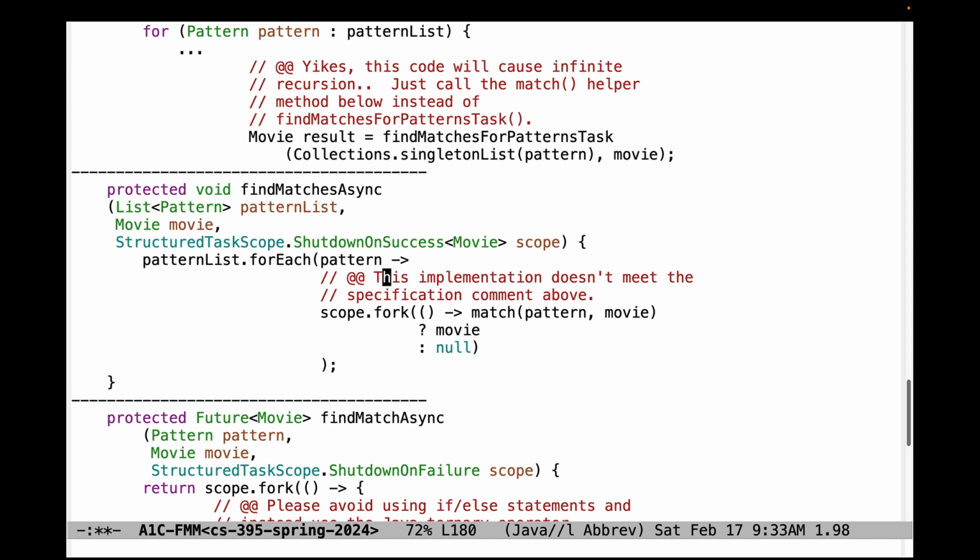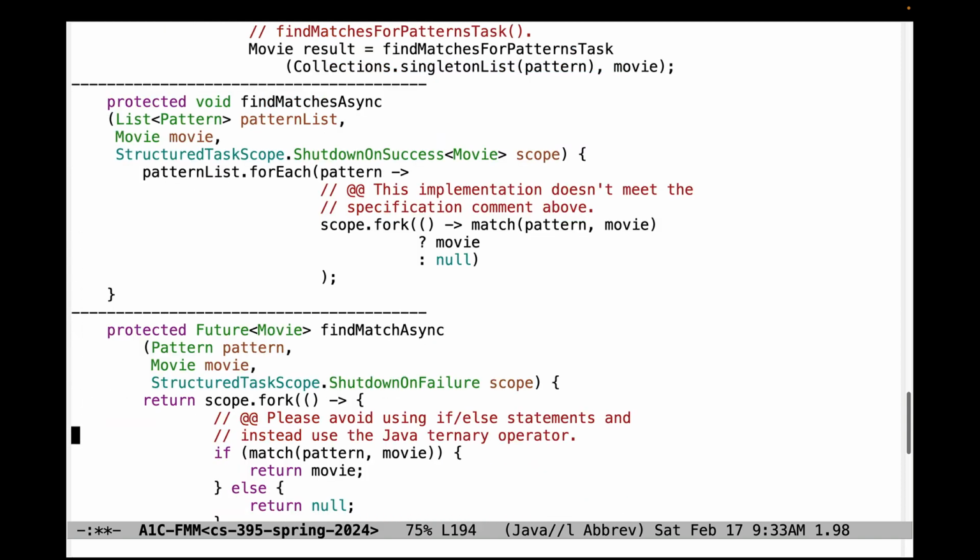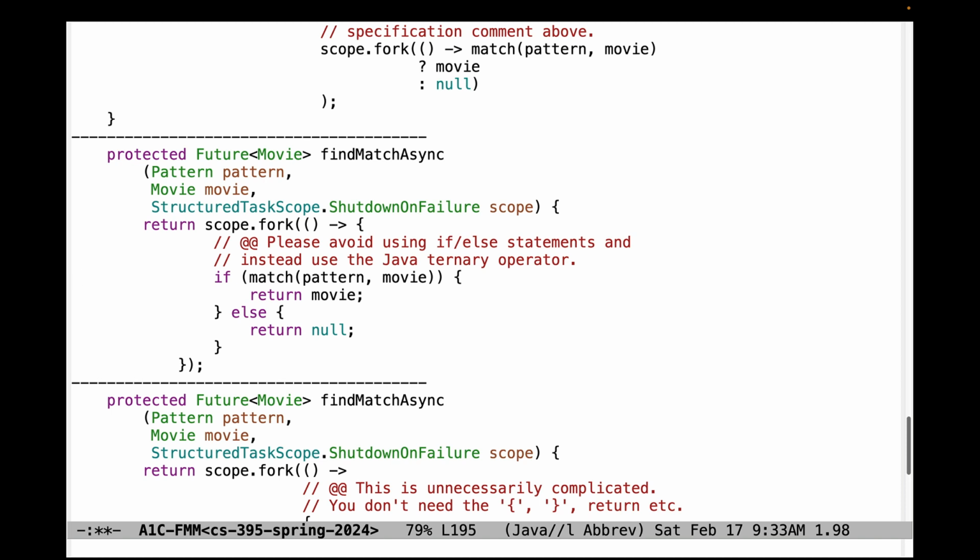Down here, this specification doesn't meet the comment above. I deleted it, but if you read the code, it tells you what to do here. This is not doing that properly. Down here, please avoid using if-else statements. Instead, use the Java ternary operator. That may require you to create a little method to throw the right exception. I have some discussions on Piazza that explains how to do that. It's really quite simple. People should be able to figure that out, but don't be using the if-else format here,